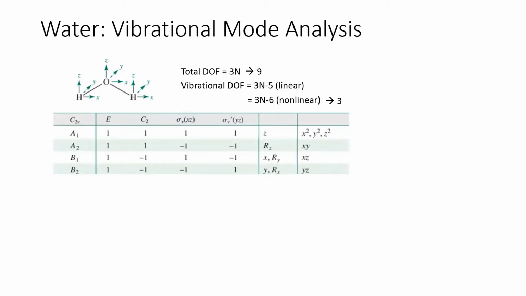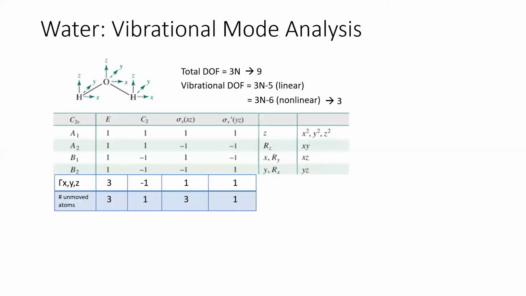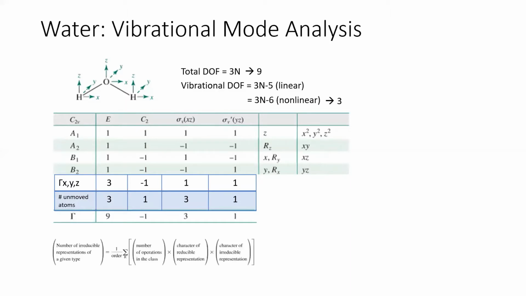A nice trick for this is to sum each irreducible representation that corresponds to X, Y, and Z translations, and then multiply those values by the number of unmoved atoms that result from each symmetry operation. Using this method, we find that the reducible representation for all motions is 9, -1, 3, and 1 for the 4 classes. Combining this information with the character table, we can use the following equation to decompose our reducible representation